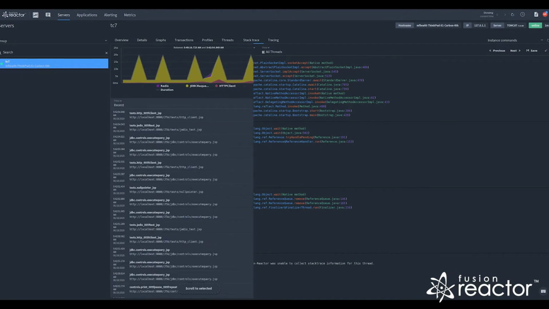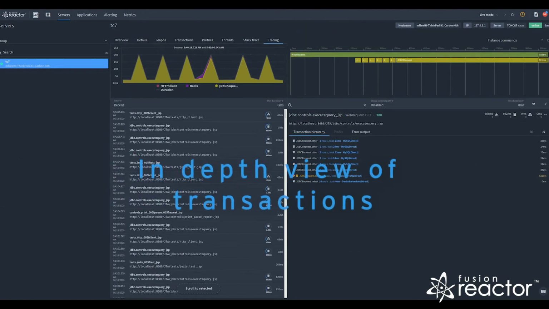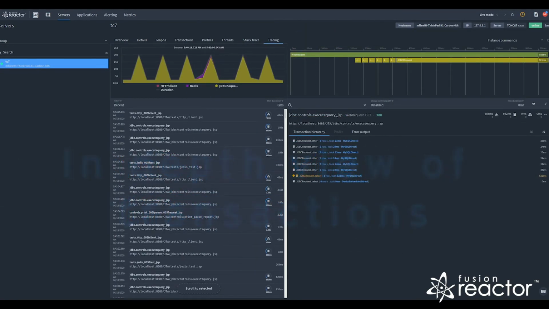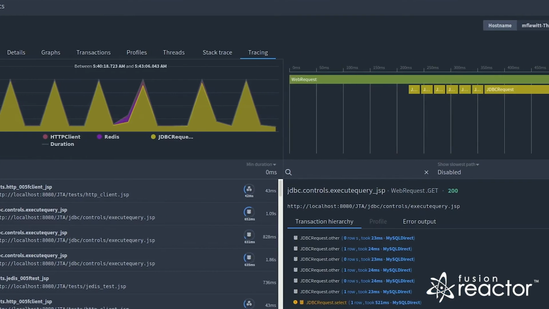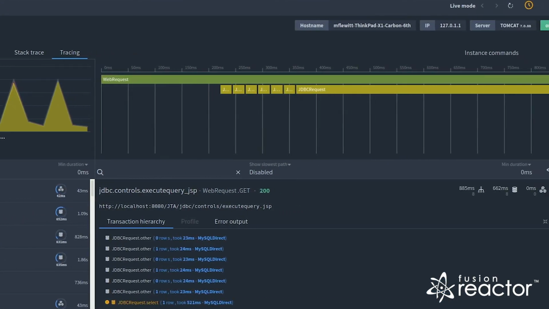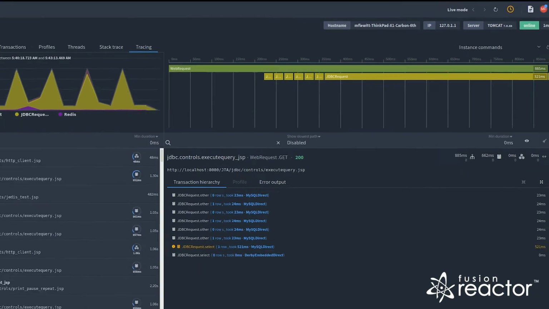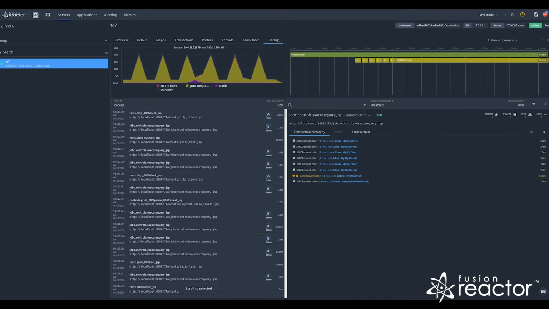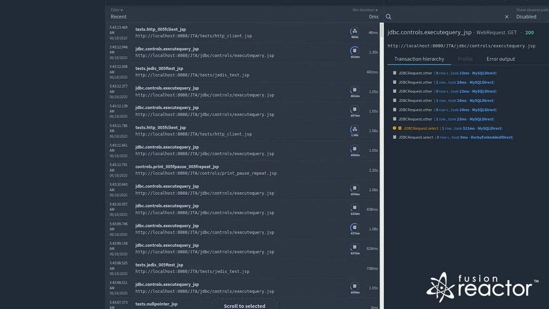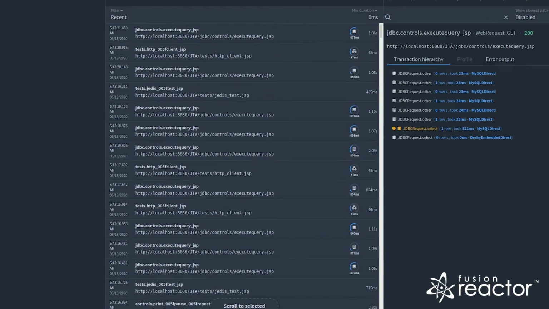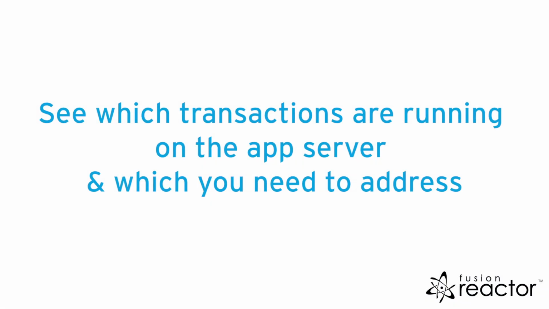blocked threads. Tracing gives you a more in-depth view of transactions tracked by FusionReactor. Here you can see sub-requests linked to a transaction such as JDBC, HTTP or Redis requests, profiles for any slow requests, and the stack trace and message for any error that's occurred. With this, you can quickly see which transactions are running on the app server and what issues